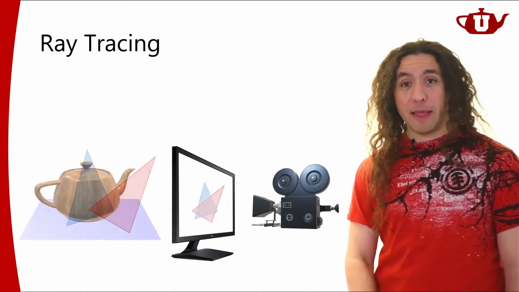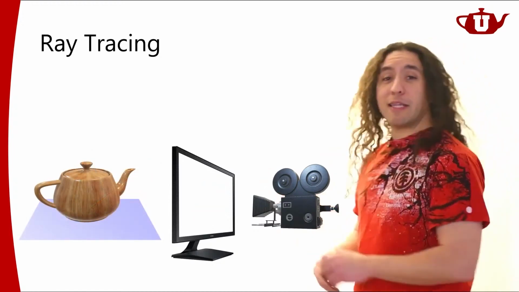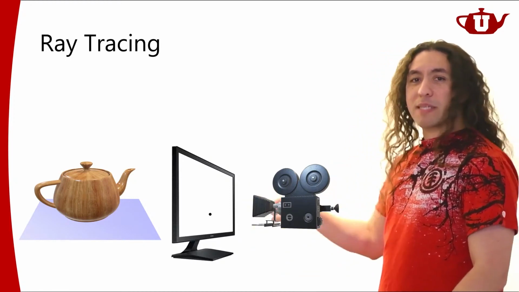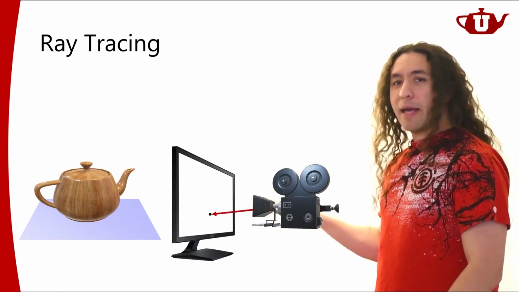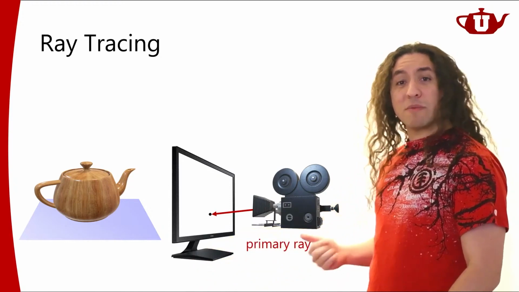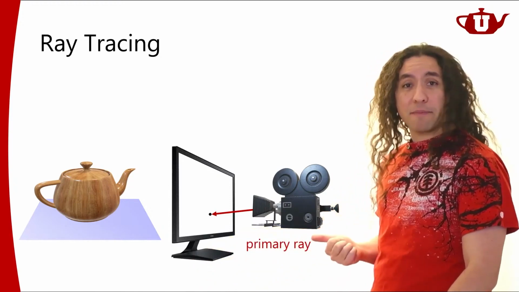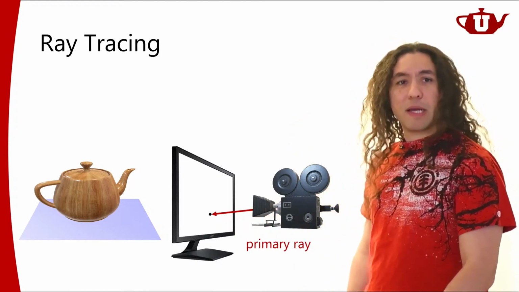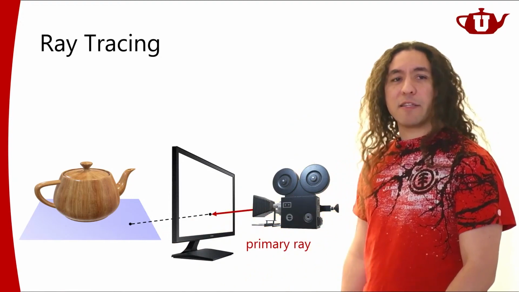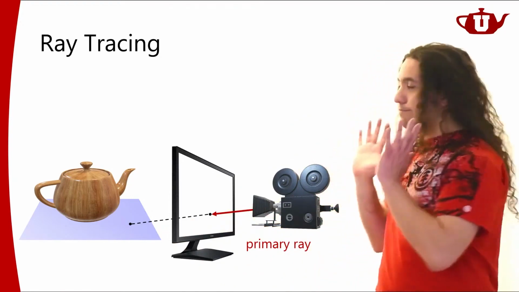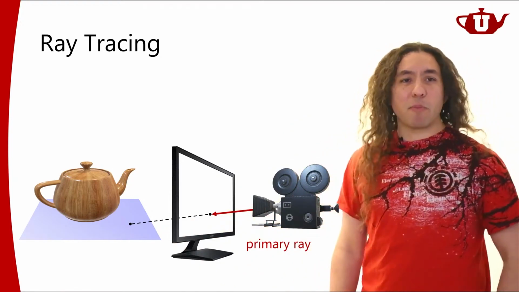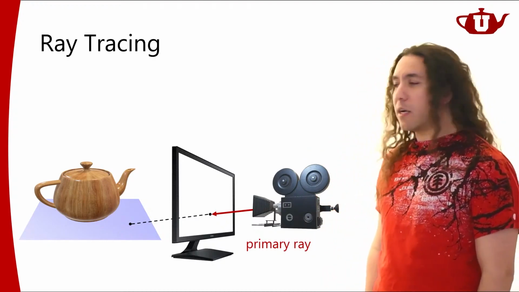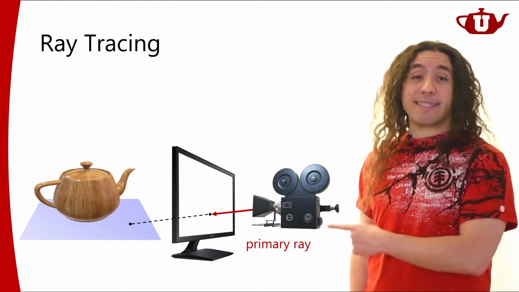Here's what I mean. Now, let's say that I'm trying to render a scene like this, okay? I'm going to pick a pixel here, and I'm going to pixel sample. I'm going to generate a ray, and I'm going to trace that ray, and this ray is what I call a primary ray from the camera that's passing through a pixel sample on the screen, all right? And I trace that ray, and I find the intersection point. All right, so all good. This is the primary problem that we're trying to solve in rendering, and it's able to solve that. It's very good. This is what we call ray casting.